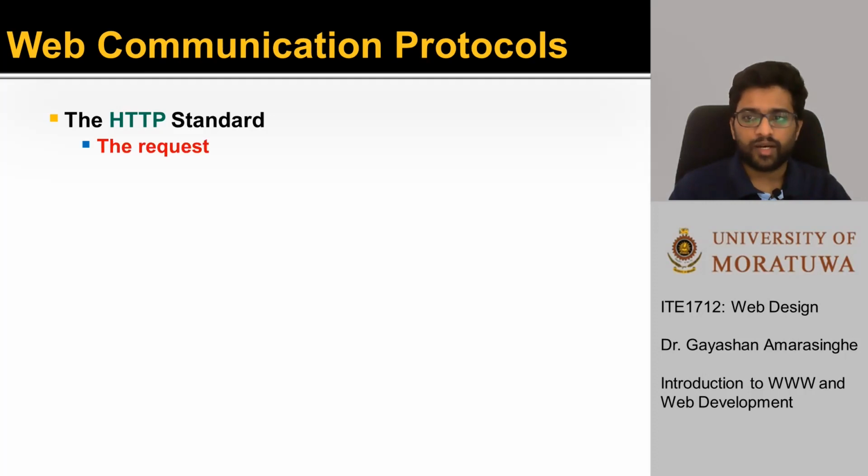The request is sent by a web browser or a client to the web server over the network. The server processes the request and prepares a response, and the response is sent by the web server over the network again to the client who sent the request. In this case, the network could be the internet, or it could be a local network that connects two computers as well. But if it is a web application, the network is the internet.